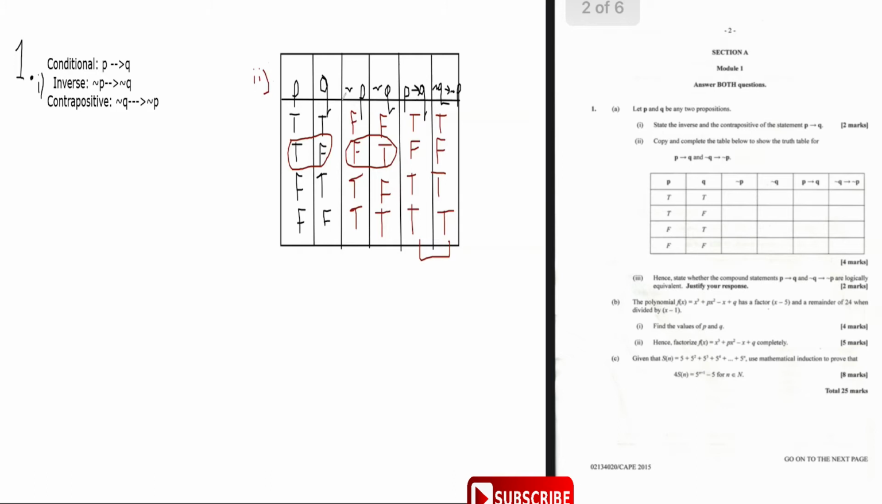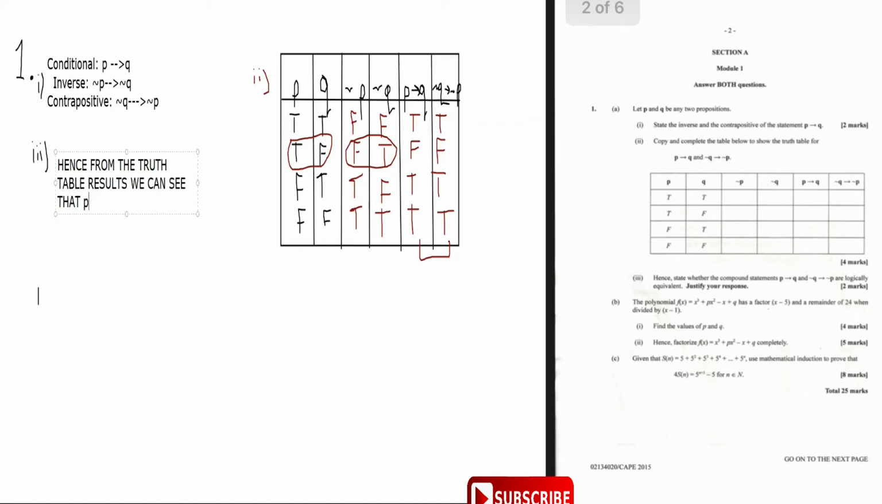Let's look at what part 3 asks. Part 3 says, hence, state whether the compound statements are logically equivalent. Yes, they are logically equivalent. So let's state that here now. So part 3. All right, let's fit part 3 up here. Hence, from the truth table results, we can see that